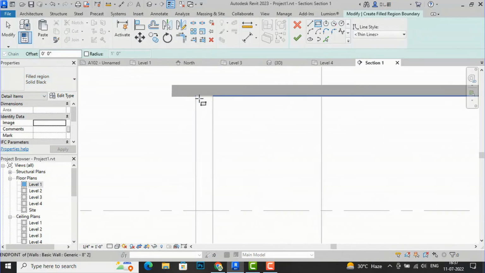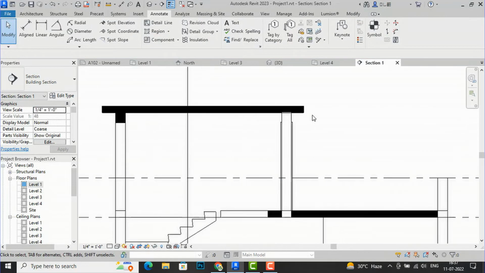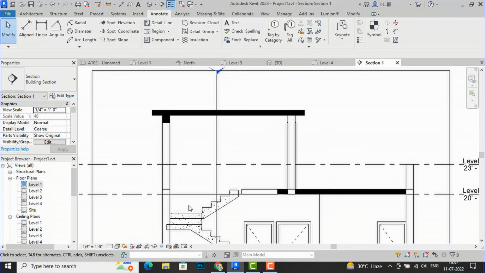So suppose if you want to show beam here, you can mark in your sectional view. You can utilize the sizes of the beam as per your design, and you can show this beam section here. And this is the better way to represent that you are thinking about the structural part of the building also in this section, so that your client will understand and contractor also can understand it if you don't have